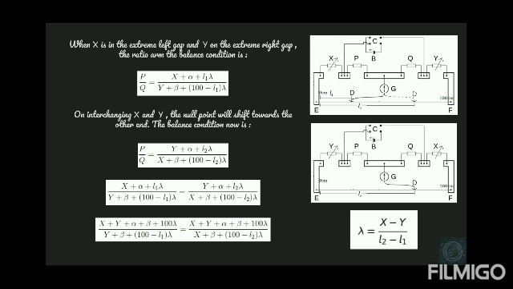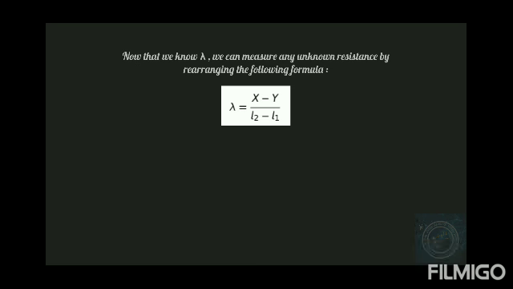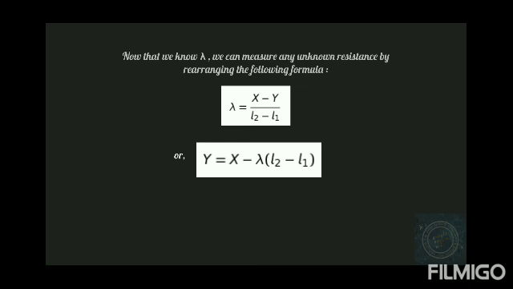But honestly speaking, you have done almost 80% of the practical, because the rest is very elementary. What is left is that, knowing lambda, now you can simply calculate some unknown resistance. Let us call that unknown resistance y. So since we know lambda, just rearranging this formula gives us y equal to x minus lambda times L2 minus